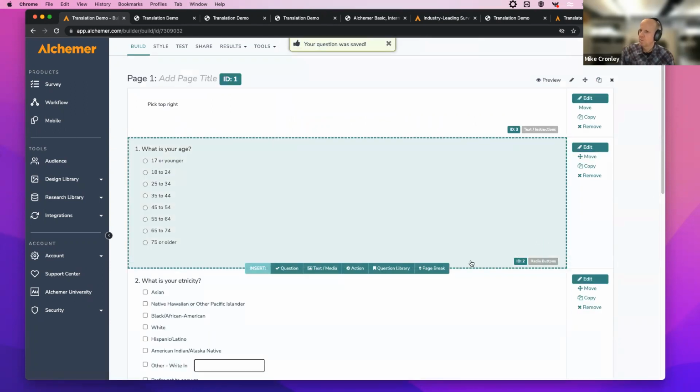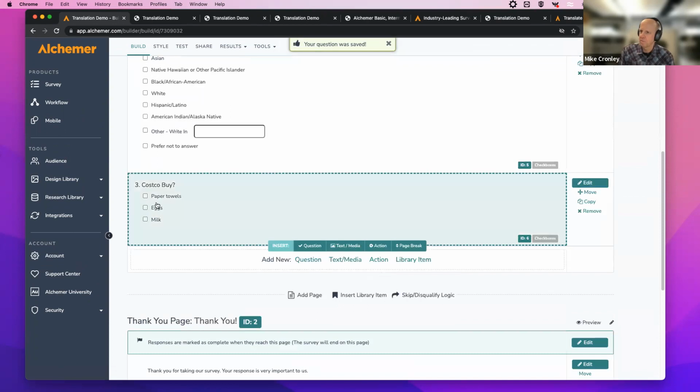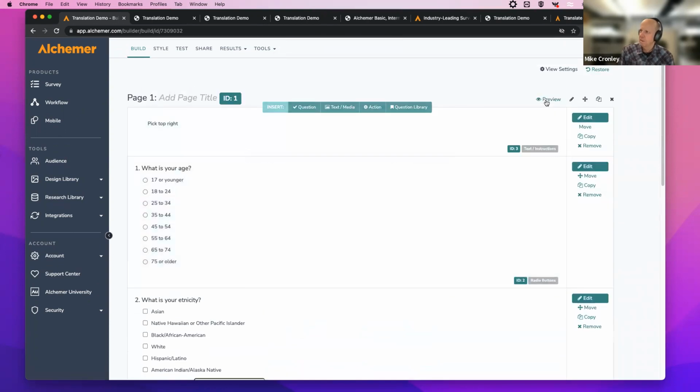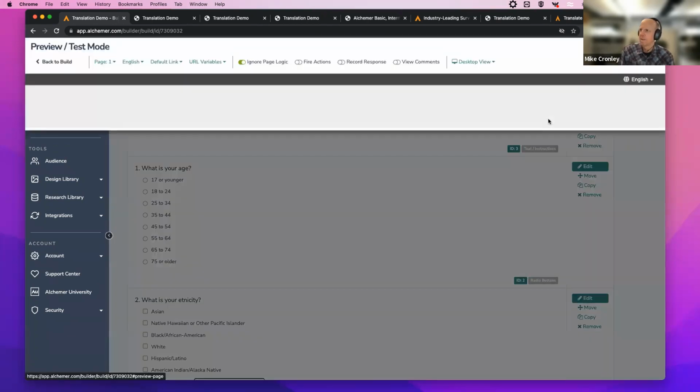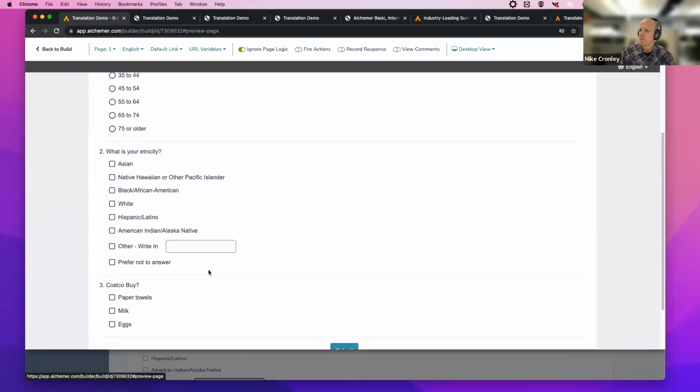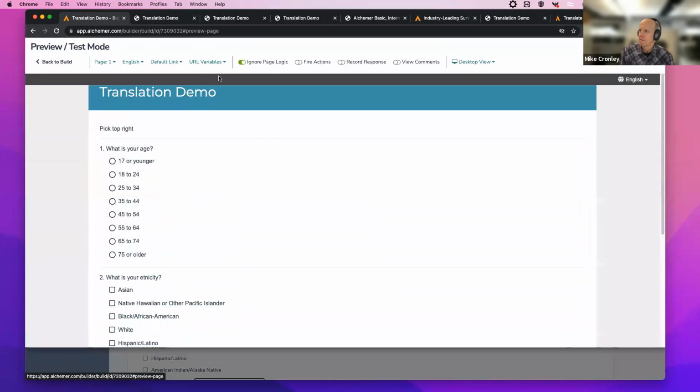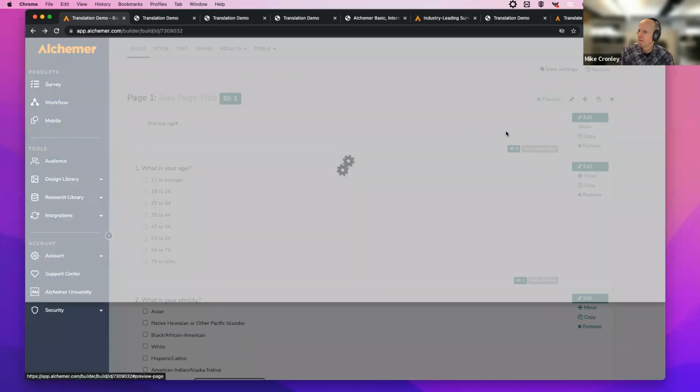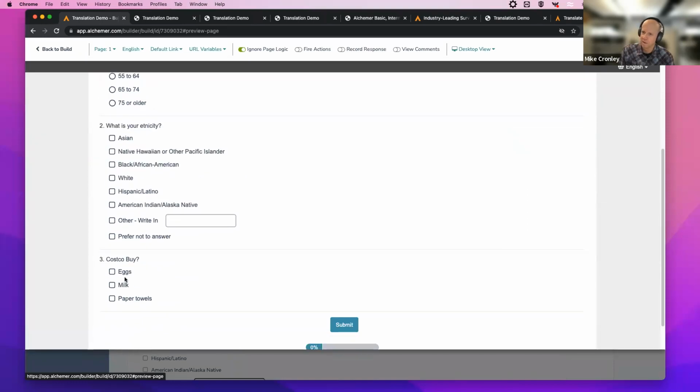And as I go through, I'm just going to reference this as paper towels is first. I think it'll work in preview mode. Let me just check. So I go through and there's paper towels. Let me see if there's a selection here for randomization. Let me try it again. So there, it flipped.